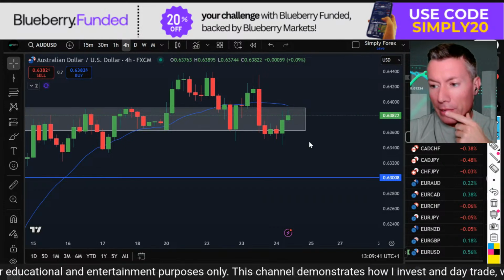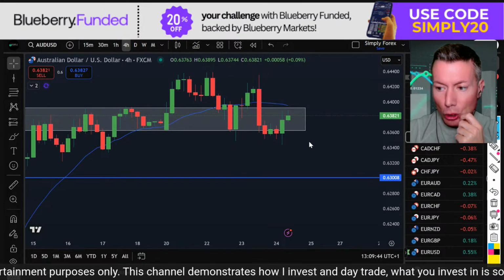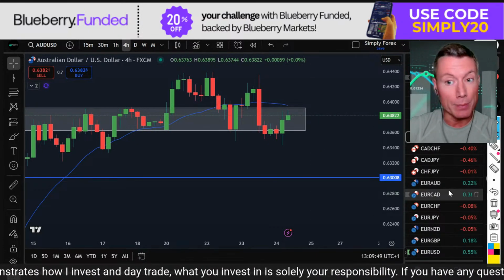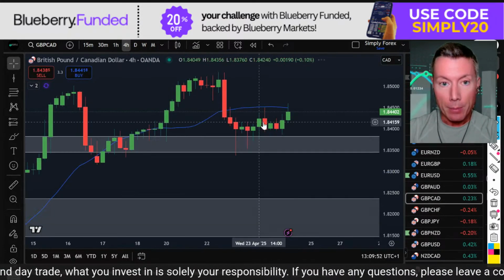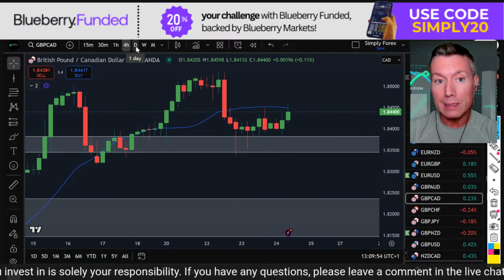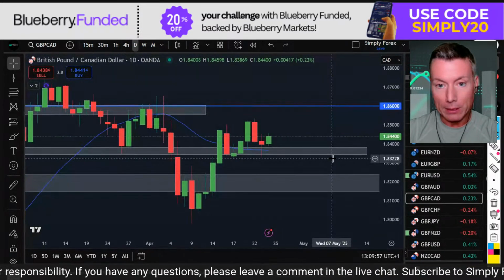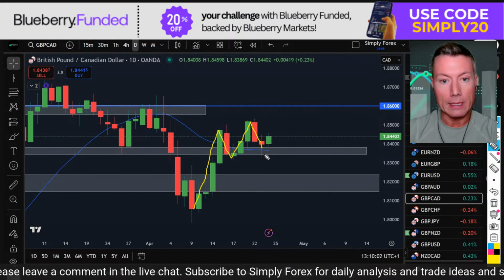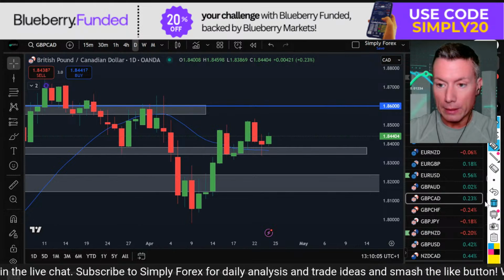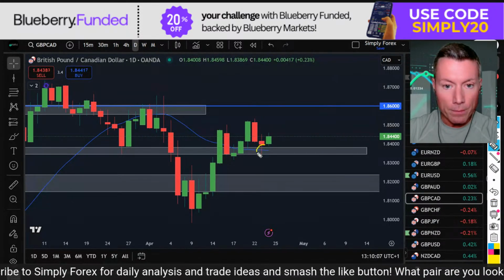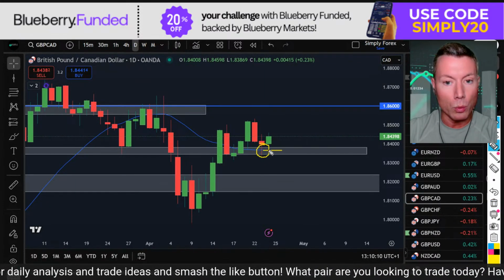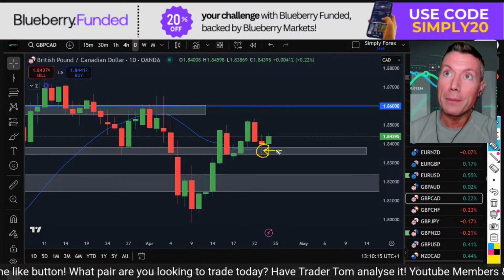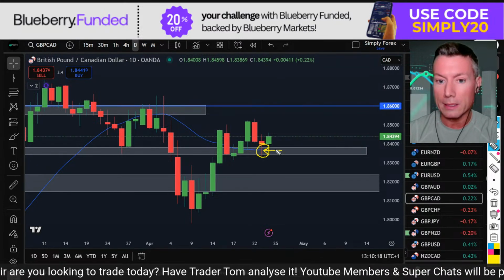And there are a couple more trades I'm looking at as well. Contrary to my trade idea, I'm in pound US dollar sells because of US dollar strength, but I also like pound Canadian dollar longs if we break a certain level. Now, if we look at pound Canadian dollar, we're in this uptrend. We spoke about this trade yesterday. And then we've got this bottom wick. I know it's not a super bullish candle, but it's bullish enough for me to start looking at trades or potential